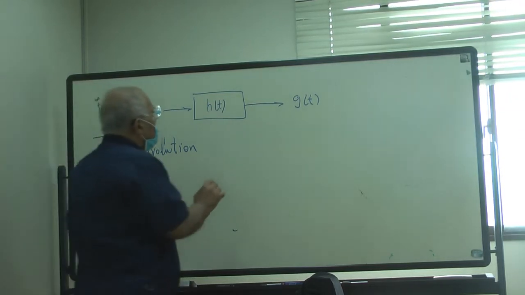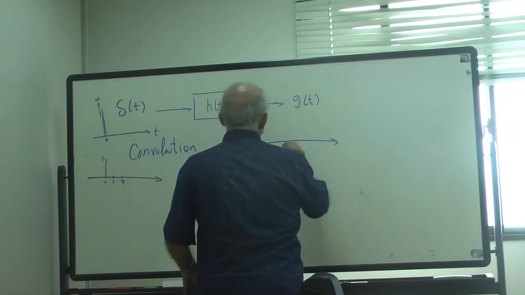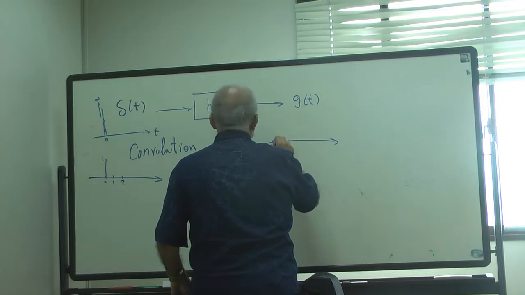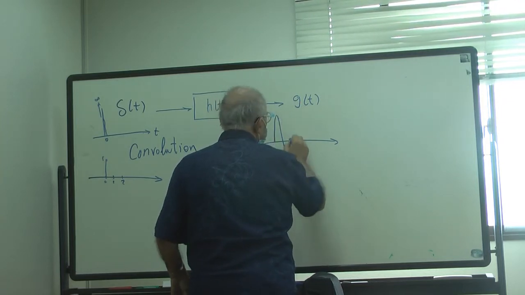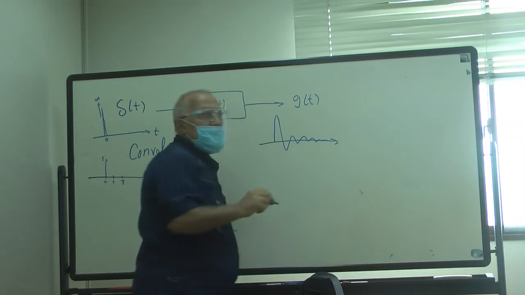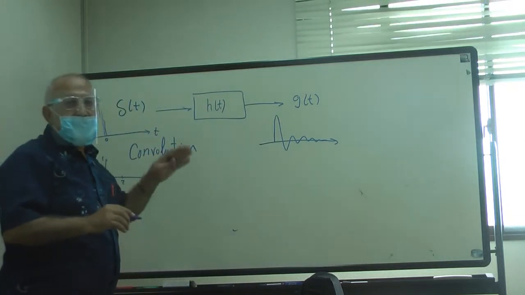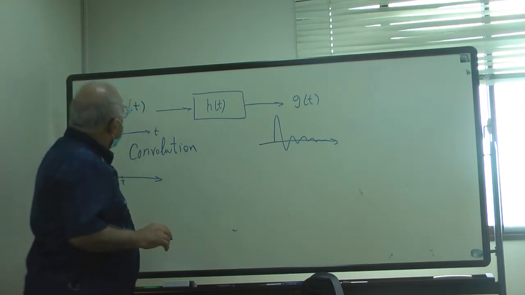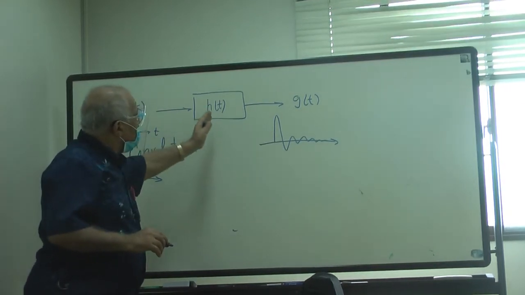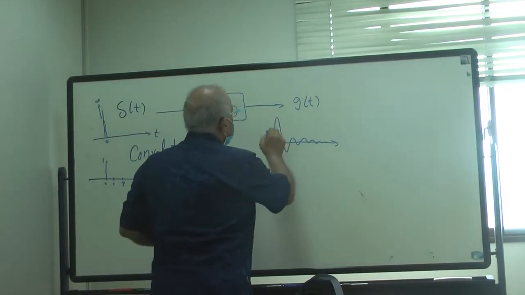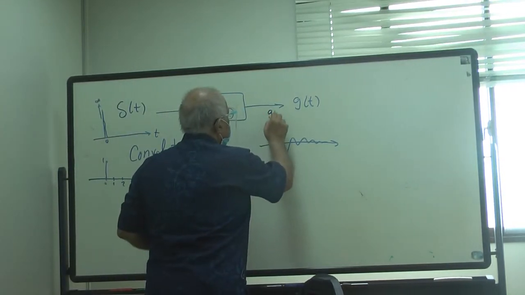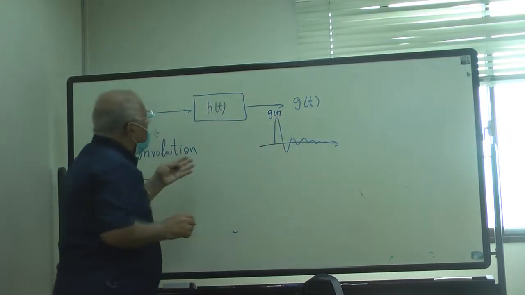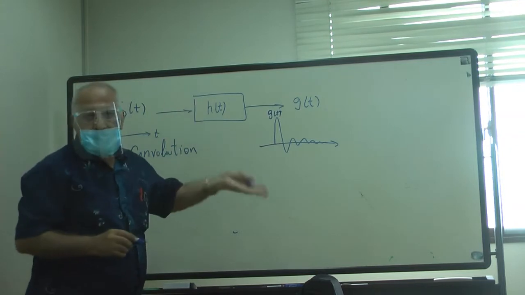But what is g(t) then? The output becomes like this. For instance, something like that. The response of the system after putting delta into h(t) becomes g(t). For instance, this is g(t). So what is this? It means that actually this g(t) is h(t)